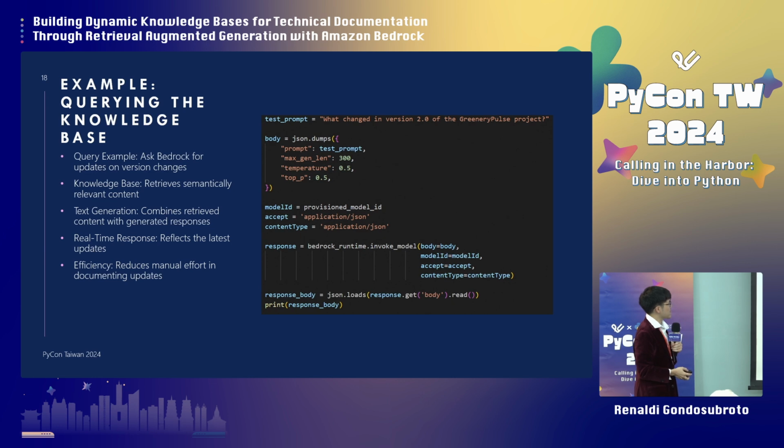So here's an example of how a query is then executed within the context of this RAG workflow. For instance, I start by asking, what changed within version 2.0 of the Greenery Pulse project? Greenery Pulse is a project I worked on previously, and I already have the Greenery Pulse code and relevant documentation stored within the RAG workflow that I mentioned just now. And appropriately, we are